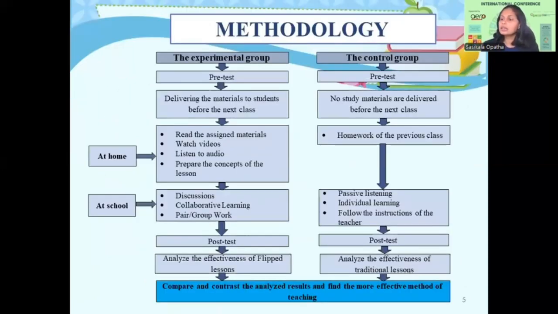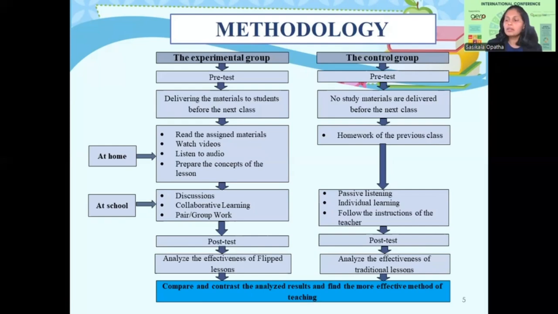So this study was conducted by selecting 10 schools out of 67 high schools in Gampaha Education Zone, Sri Lanka. These schools were randomly selected and two parallel classes in one school taught by the same teacher were selected as experimental group and control group. Accordingly, there were 10 classes as experimental group and 10 classes as control group.